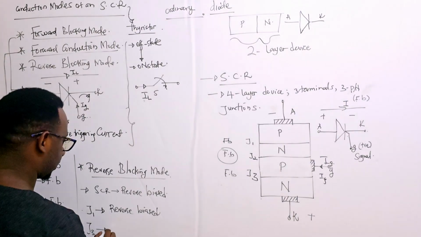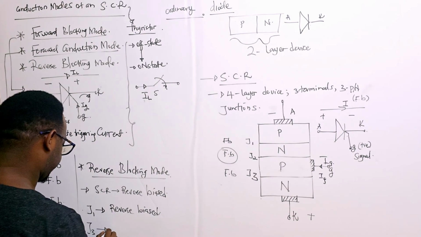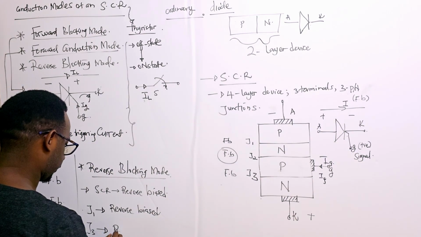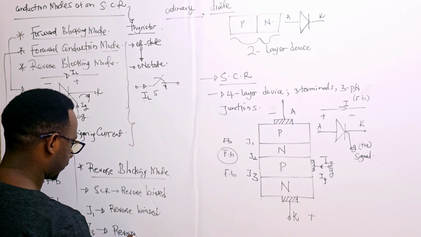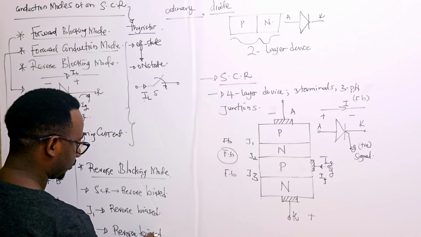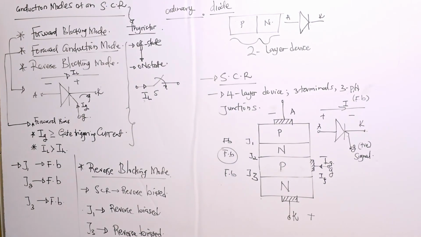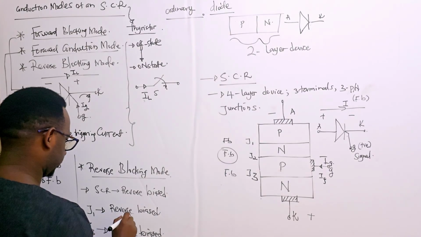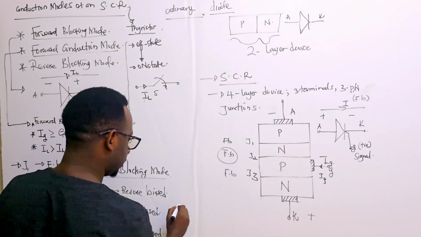Junction 3, obviously that one is reverse biased. So junction